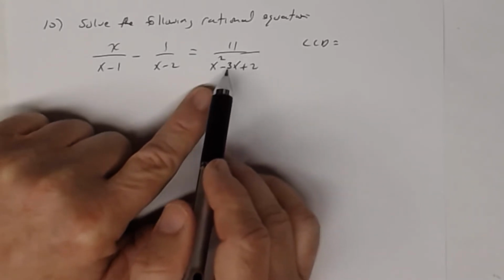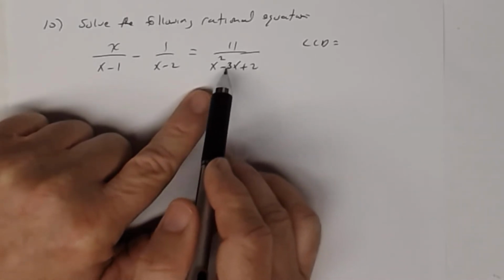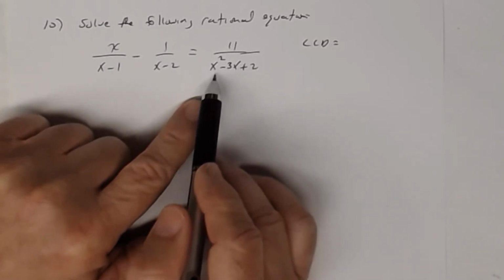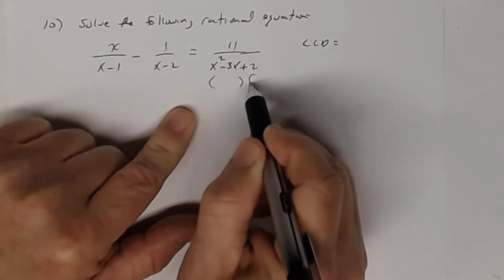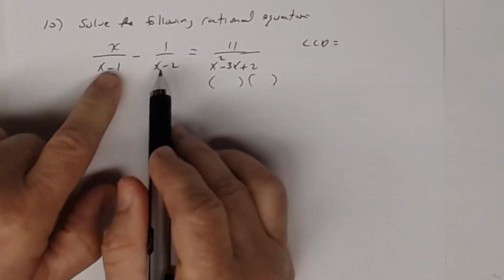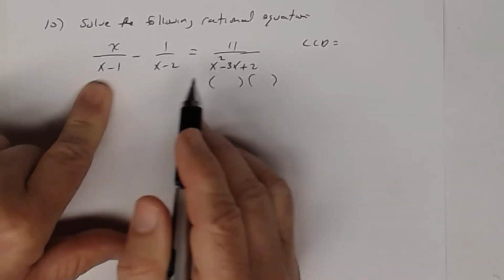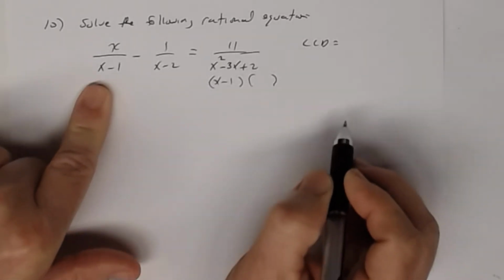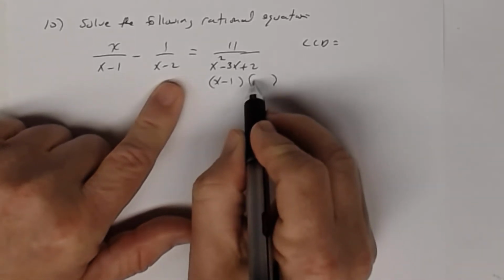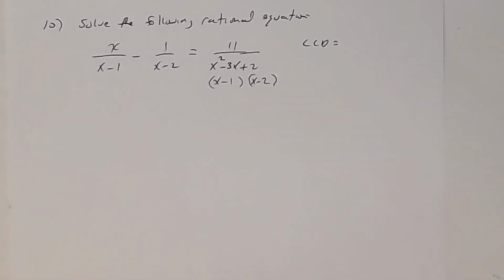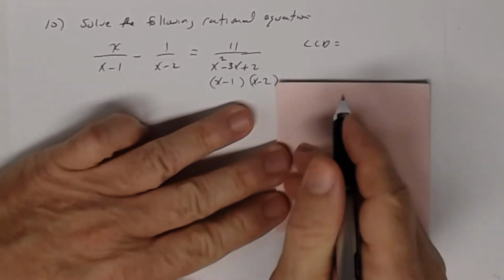Now, just a reminder, and that's not always the case, but if you're having trouble factoring this quadratic expression, usually the factors of this quadratic expression are going to be the factors that you see in the other denominators. So if I see an x minus 1, then chances are one of my factors is x minus 1. If I see x minus 2, chances are the other factor is x minus 2. And it is, because if you check it, x minus 1 times x minus 2,